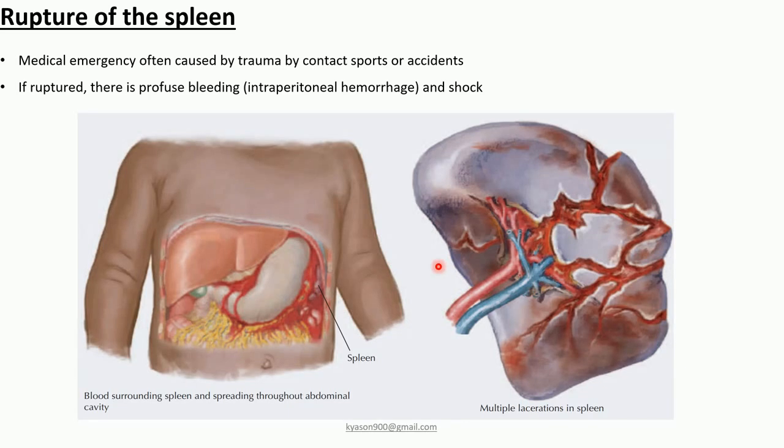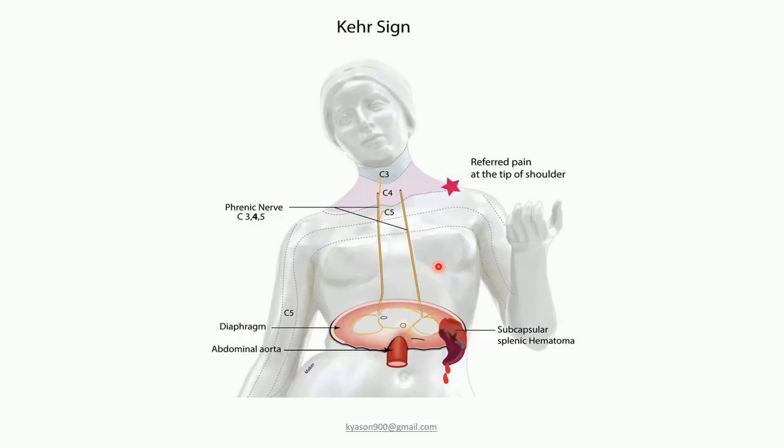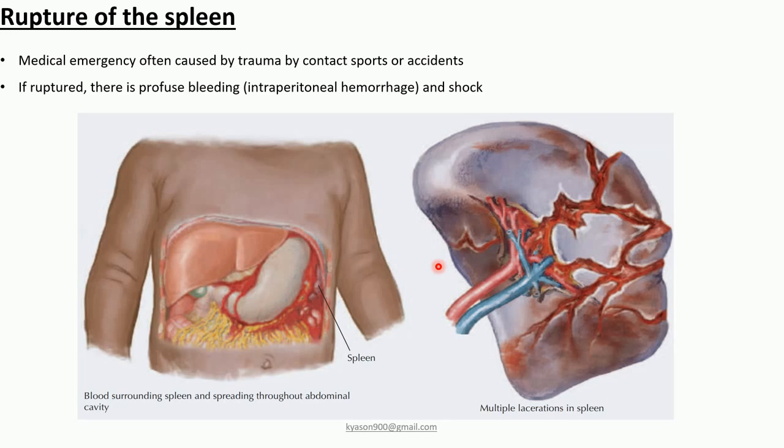There are some other factors that can lead to rupture of the spleen. There are some infections that can make your spleen enlarge and then be at a risk of rupturing. Some of those infections include infectious mononucleosis. It's an infection caused by Epstein-Barr virus. That virus can easily increase chances of splenomegaly and then later splenic rupture. Okay, that Epstein-Barr